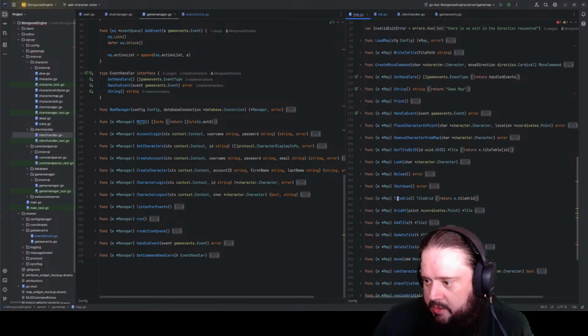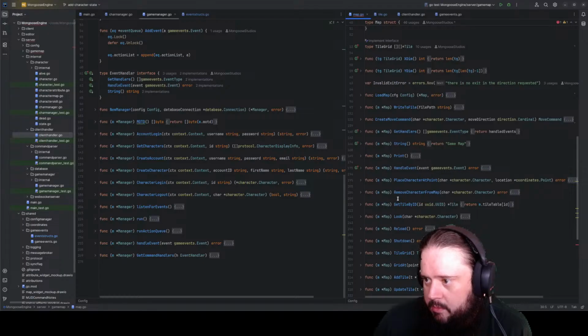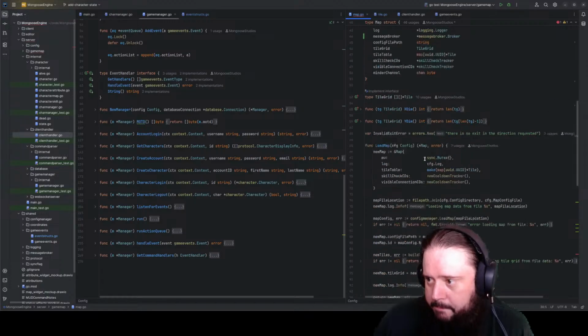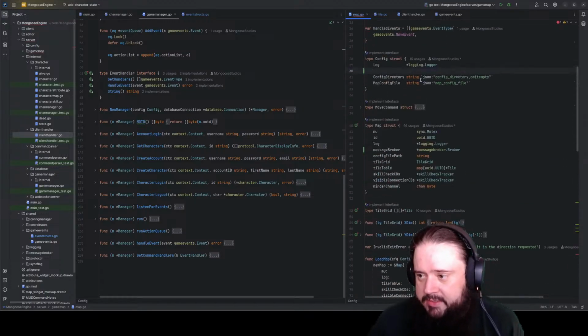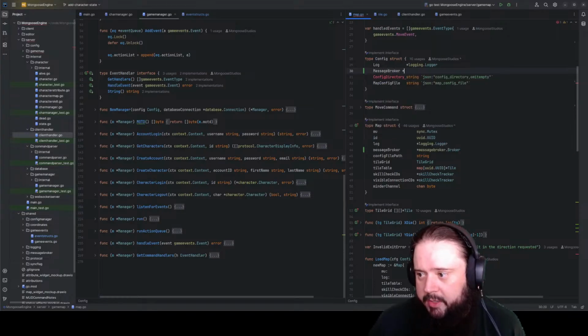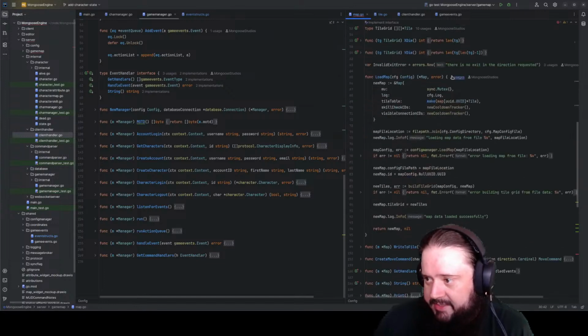Just double check here. Load map takes the config. Yes, okay. So if our config has a broker as well, that way the parent can pass it down in